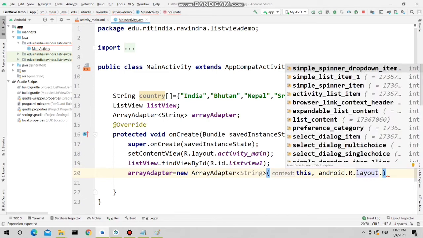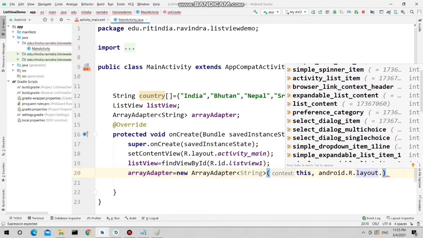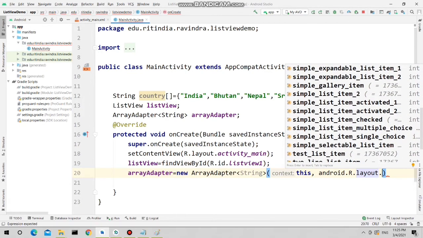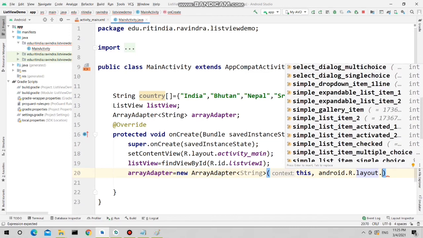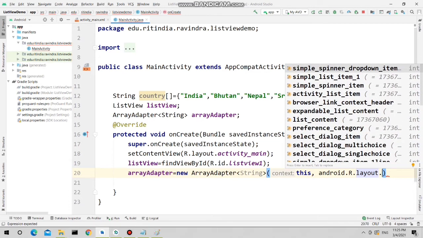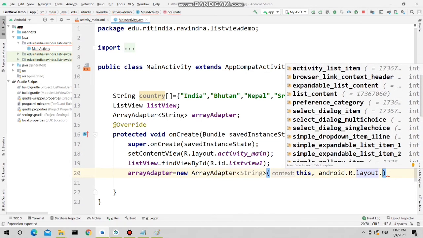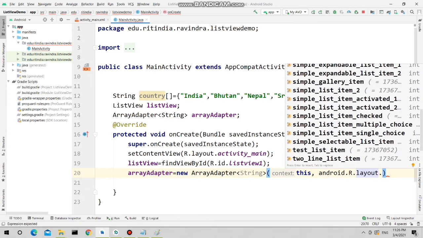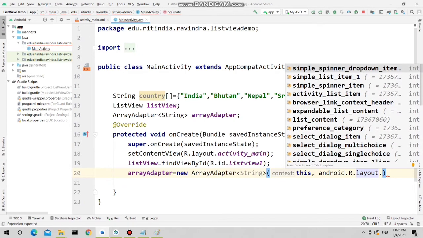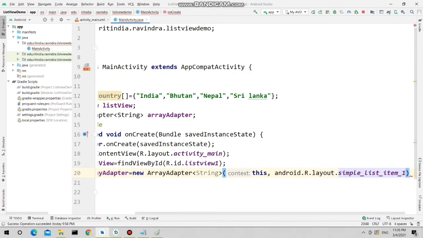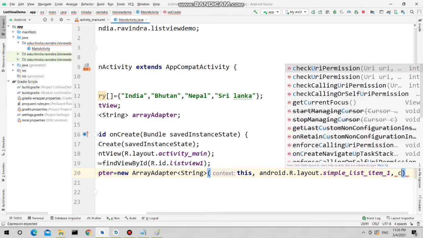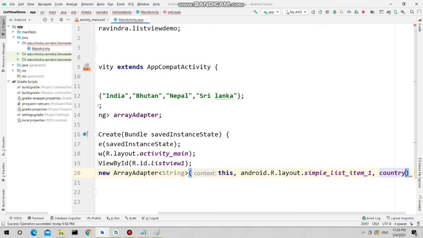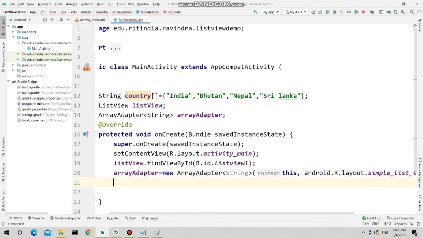These are the different inbuilt layouts, and I'm using the default one, simple list item. The third parameter is the source, that is from where you are going to take the items. It is the array country.